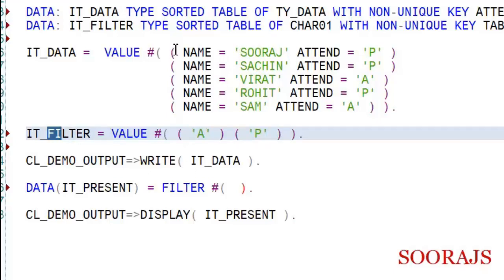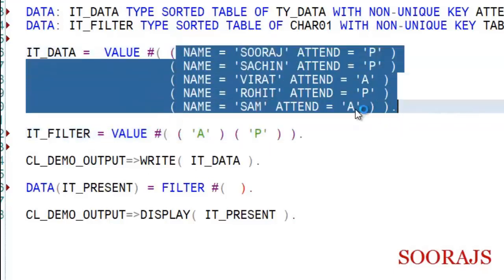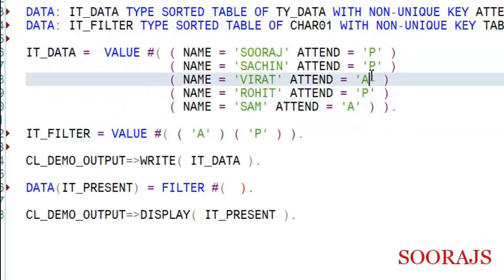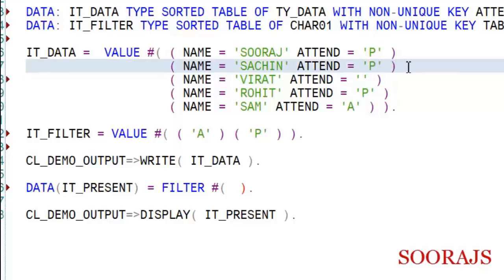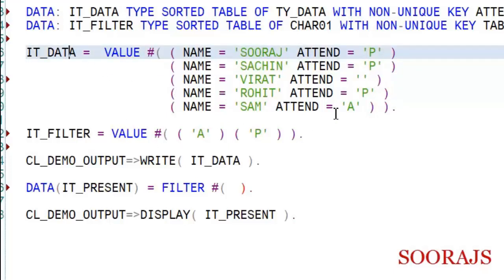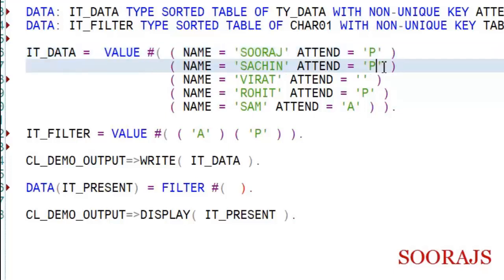So basically the end table will have all these entries. I'll remove this from here just to show you the difference. We need a difference in the new table which I'm going to create, and also the already existing IT_DATA. I'll just show you what I'm trying to do.